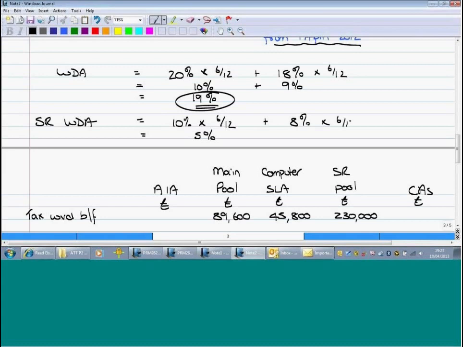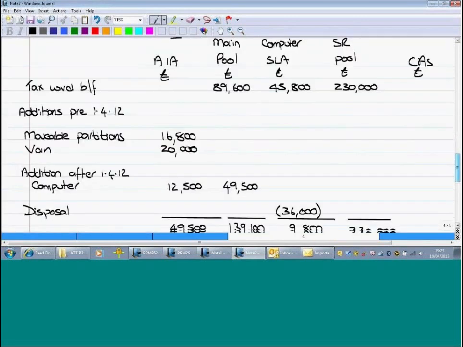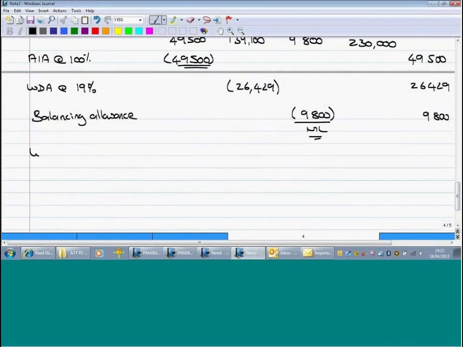And again, I've got 6 months worth from April 2012 to September, so I'm going to be looking at adding 4% to that, giving me overall 9% as the writing down allowance in the special rate pool. So my writing down allowance that I'm going to use on that £230,000 is 9%, and that gives me a figure of £20,700,